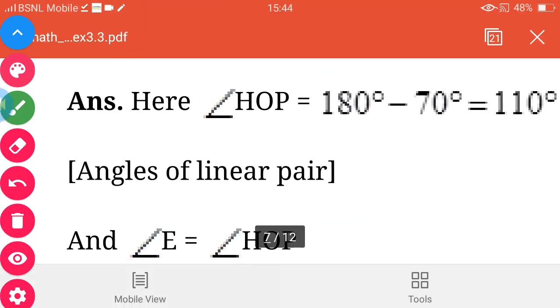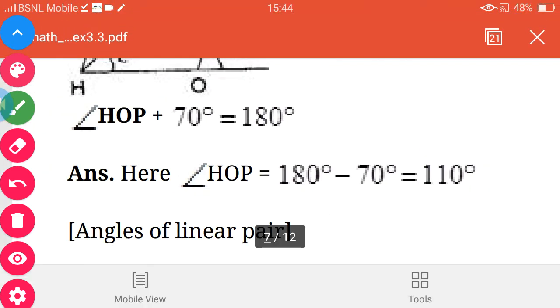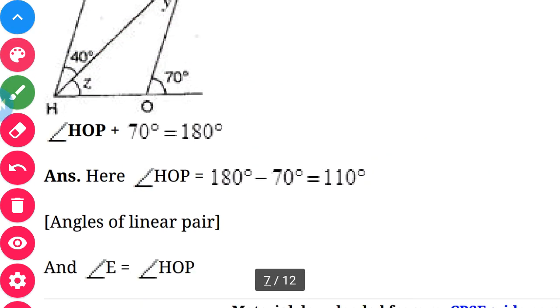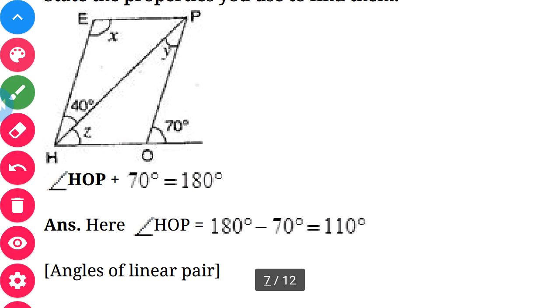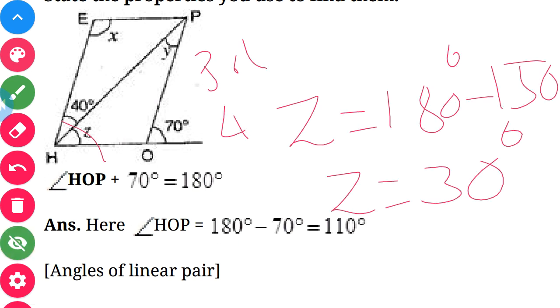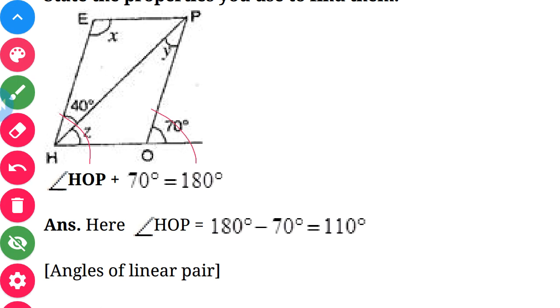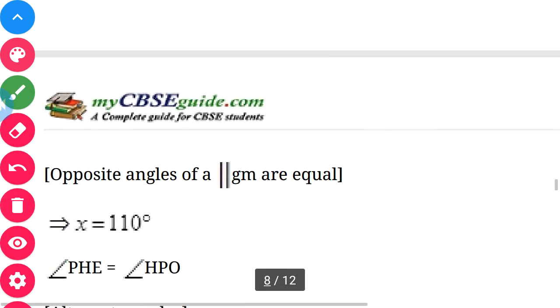If you see here how they have solved, a similar concept they have solved, like, so here angle HOP is equal to 70 degree. Here also you can find, children, if you just see this angle, they are equal. Like if you just see this angle and this angle become corresponding, so here only you will get 70 degrees. Same thing here. So if you just see HOP here, this one, it becomes 180 minus 70 degree, linear pair. Okay, angles of linear pair. So I hope this concept is clear to you all. We'll go with the next one then.